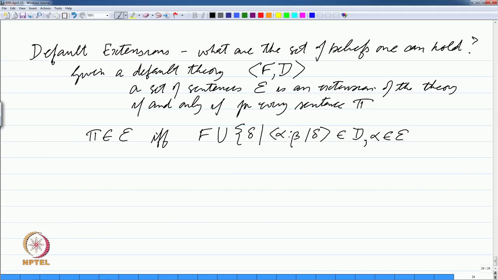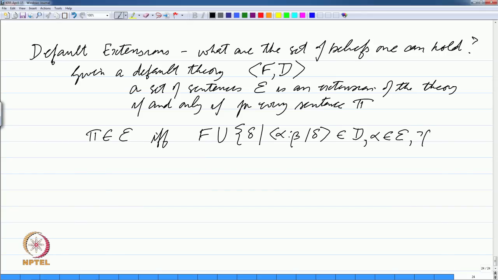Notice we are saying that alpha must belong to the extension. We are not saying alpha must come from the first order theory. So, the fact that we are allowing alpha to belong to the extension means that if you make some assumption and you add a certain fact, let us call it f1, to the extension, then you can treat that f1 as a prerequisite for another assumption. So, you can have a chain of assumptions, that is possible,